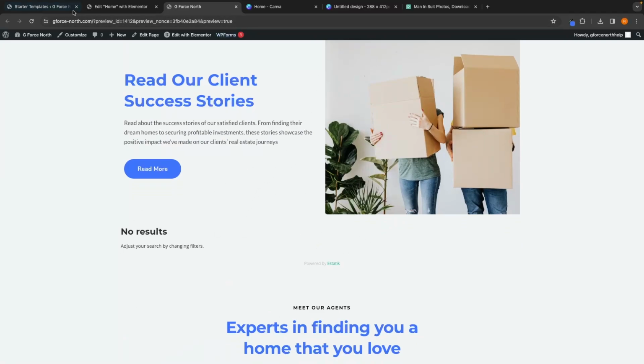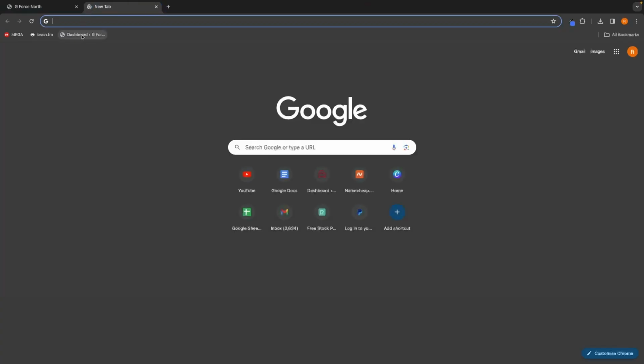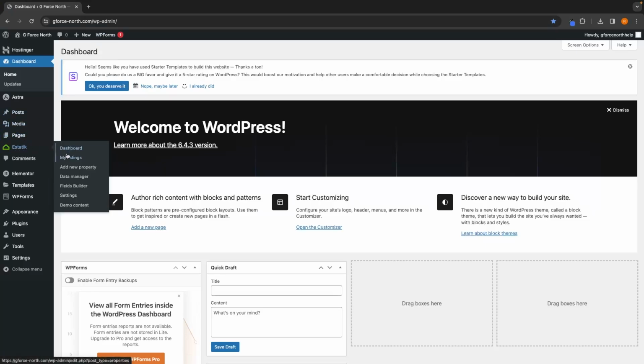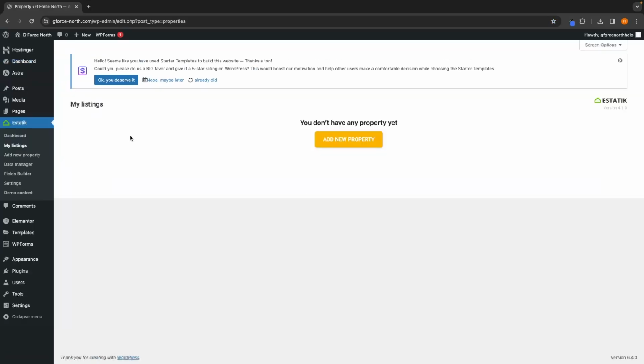So to do this, let's actually close out of all of the tabs that we currently have, open up a new tab, and then go back to the dashboard that we bookmarked earlier. We can then close this down as well. Once you are on the WordPress dashboard, we want to go over to aesthetic on this left-hand side. And if we go into the My Listings section, this is going to show us all of the listings that we currently have on the website. Because we do not yet have any,